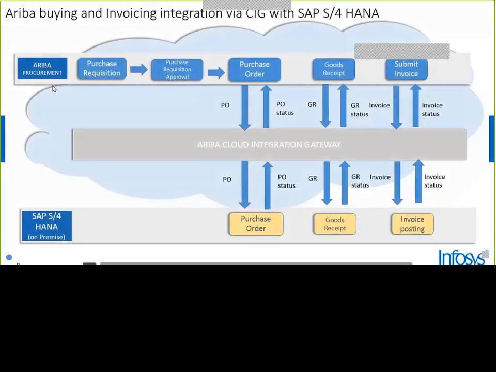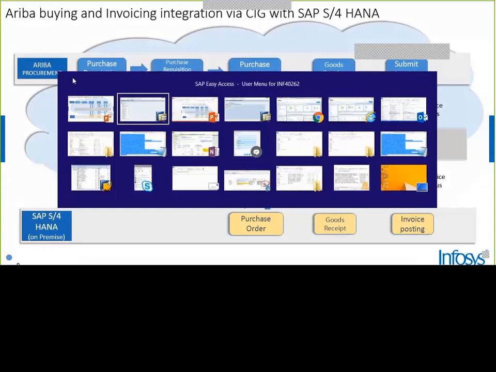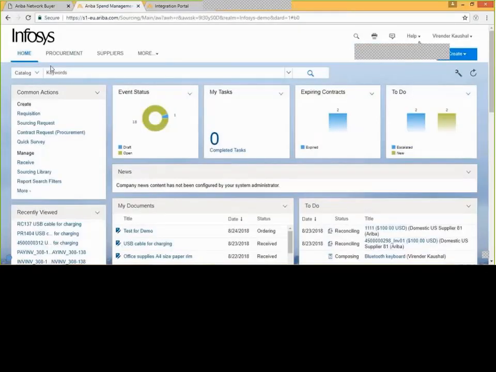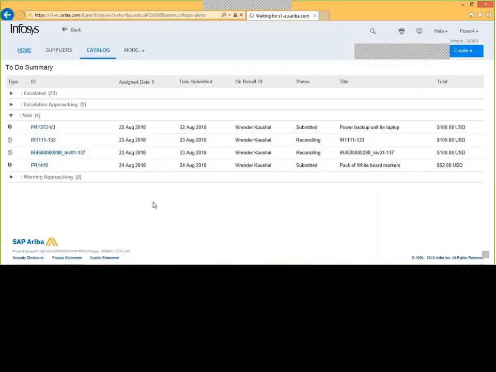So first, we will log on to the Ariba procurement, and here I would get on to create a requisition. So once I click on requisition,